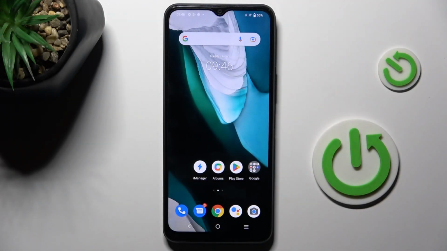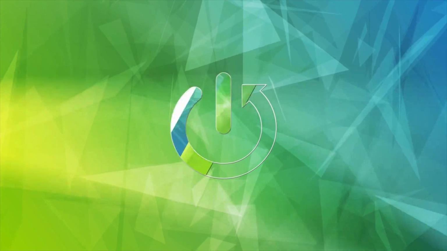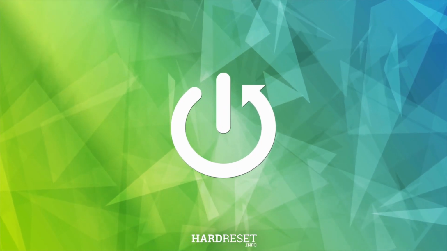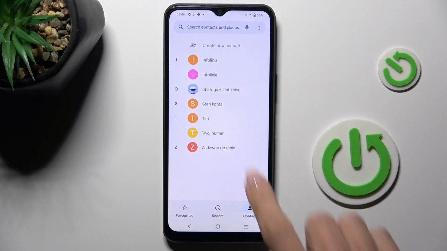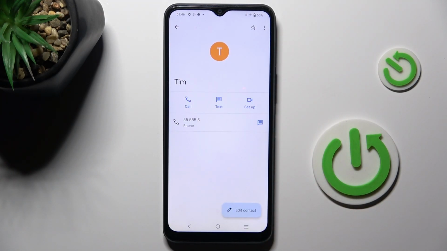Good morning guys, in front of me is VIVO Y22s and let me show you how to add photo to contact on this device. But first open your phone dialer, then choose the contact that you wish to add this profile picture to, select